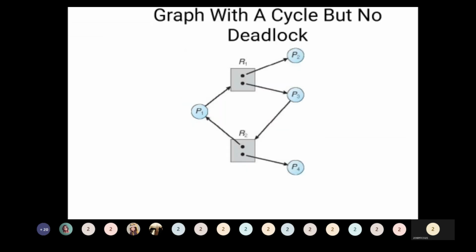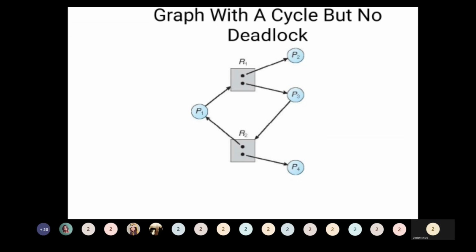Next, a graph with a cycle. In the deadlock topic, what is the purpose of the resource allocation graph? If you draw a resource allocation graph and it has a cycle, then there is a chance of getting deadlock. From the resource allocation graph, you can analyze this. If the resource allocation graph has a cycle, then there may be a chance of deadlock. If the resource allocation graph does not have any cycle, then there is no possibility of deadlock occurring. Now we are showing a sample graph with a cycle, but there is no deadlock in the current scenario.